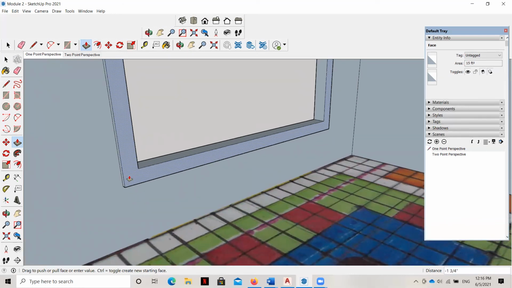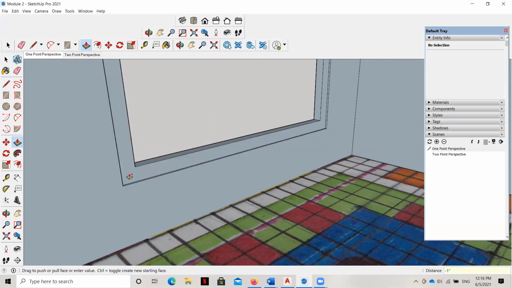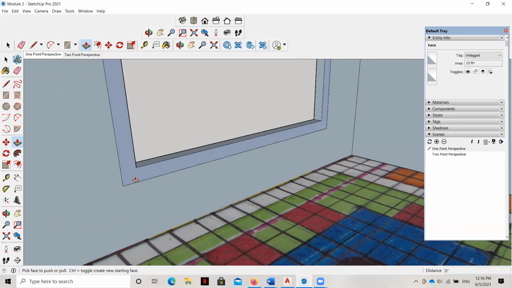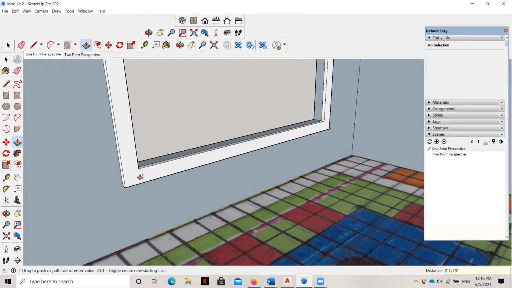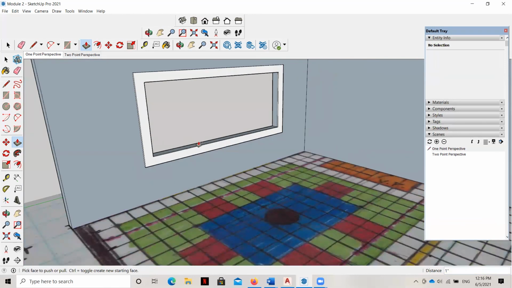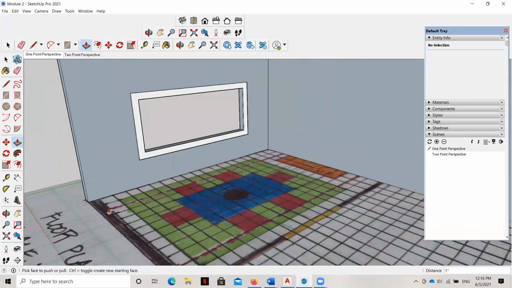You can see here it's actually going in the negative because of where the reference plane is. So I'll just type in -1 and see if it'll pop out. Oh, it didn't pop out. So let's go ahead and just do 1. Okay, so there's our window with its casing right there.